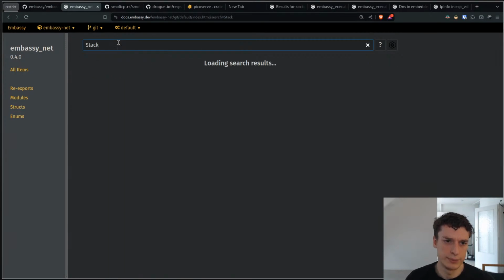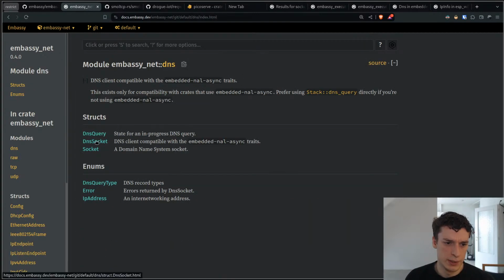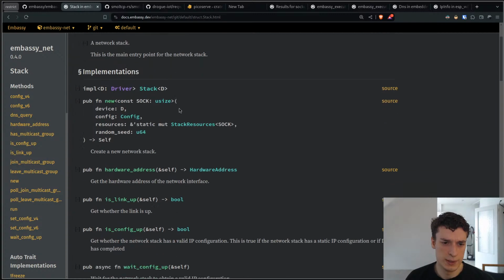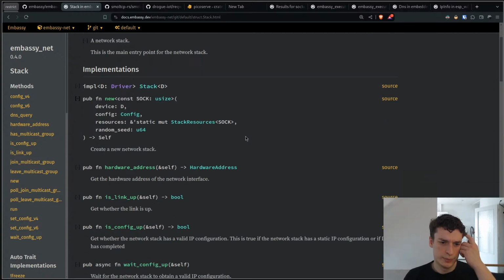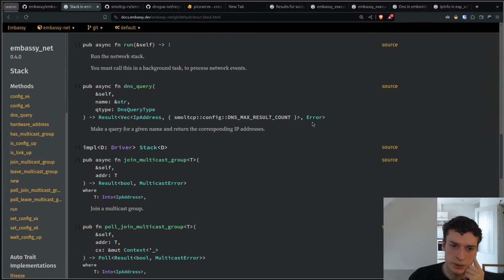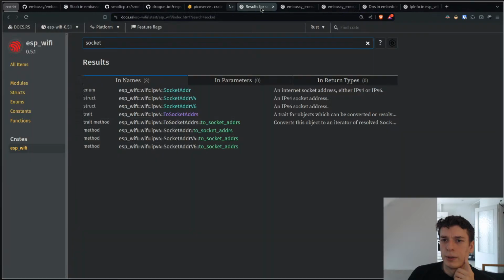Stack. DNS. Okay, I don't know what happened. Where is the DNS socket, a stack, and this is a stack. A new device config resources. Stack run, DNS query. And if I go into